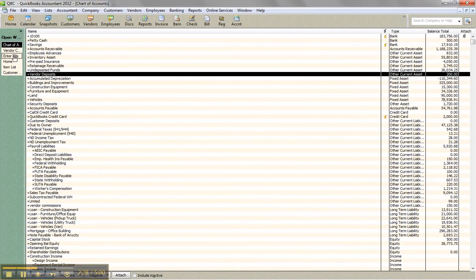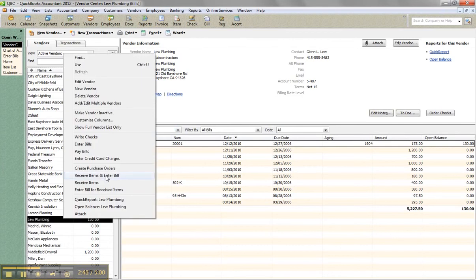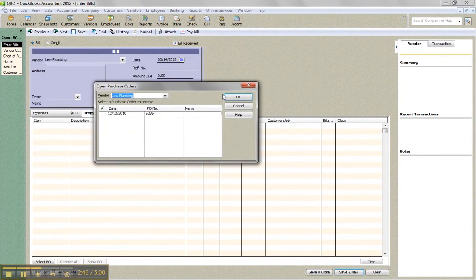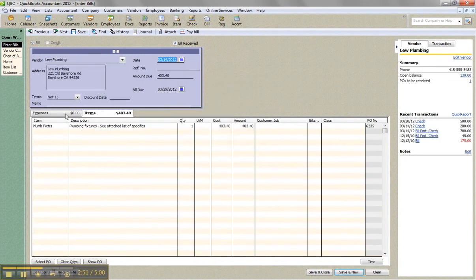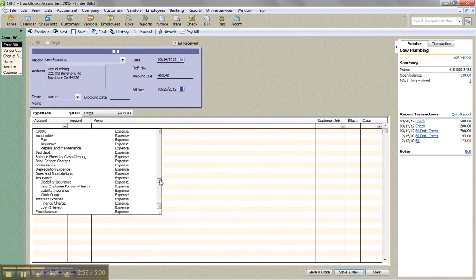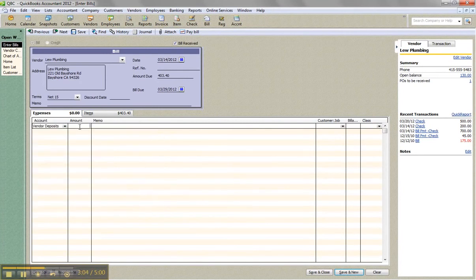So now I'm going to receive some items, let's say, or enter a bill and receive items from Lou Plumbing. There's an open purchase order, if you will. So if I right click here, and I'll receive items and enter bill, and tab off, I've got some open purchase orders. Yes, I'm bringing the items in. I check off the purchase order I'm receiving, and there are the items. And now in the expense tab, I want to apply that vendor prepayment or vendor deposit. So I click expenses, and I can go to the other current asset here, vendor deposits, and it's $200,